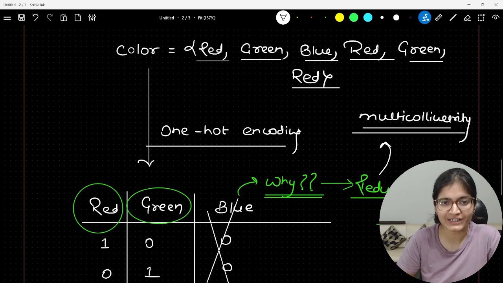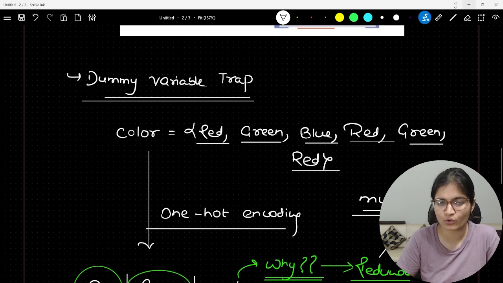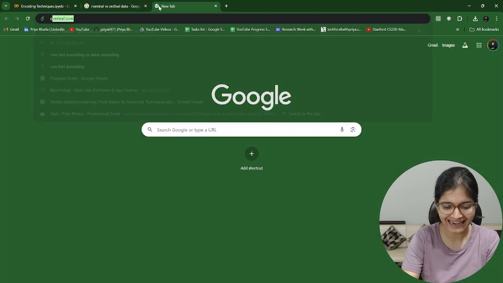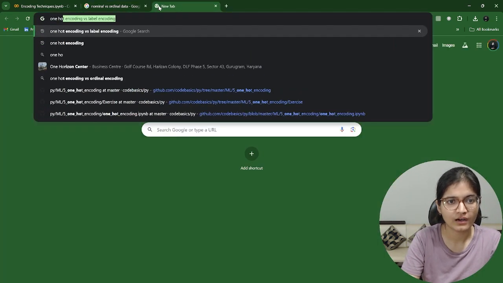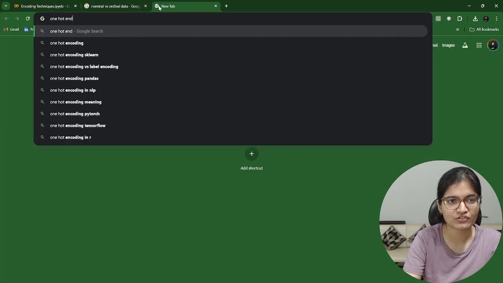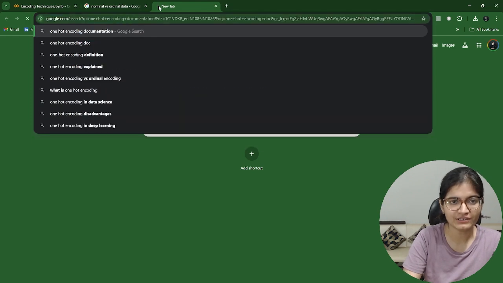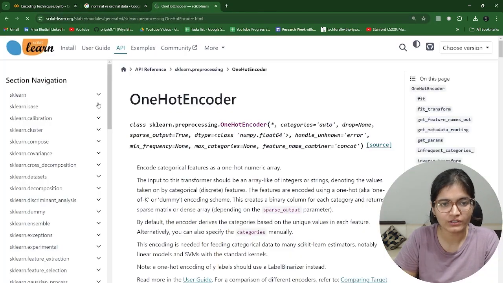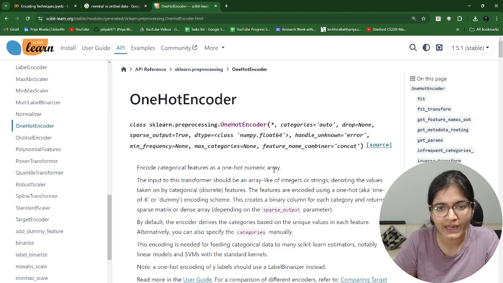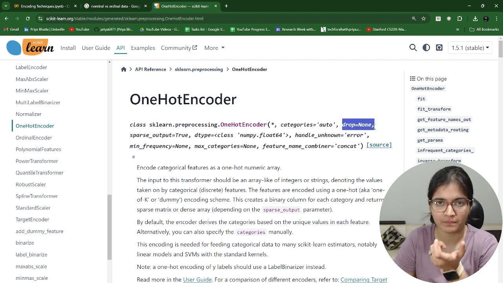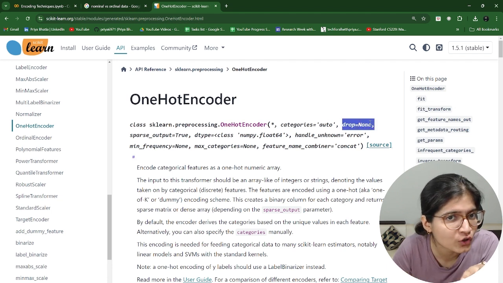And that is why, when you read the documentation of one-hot encoding, let me just showcase the documentation. Let's open that one-hot encoder. You can see that there is one variable called drop. By default, it is none, meaning it will not drop any column.